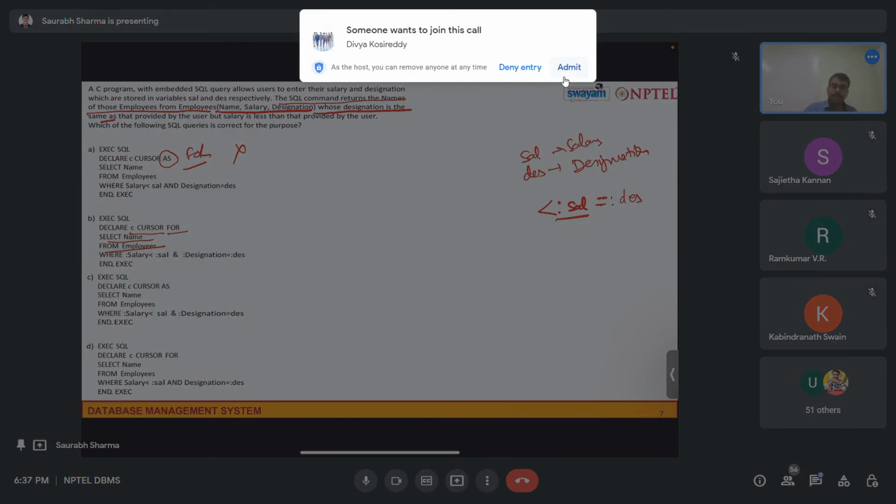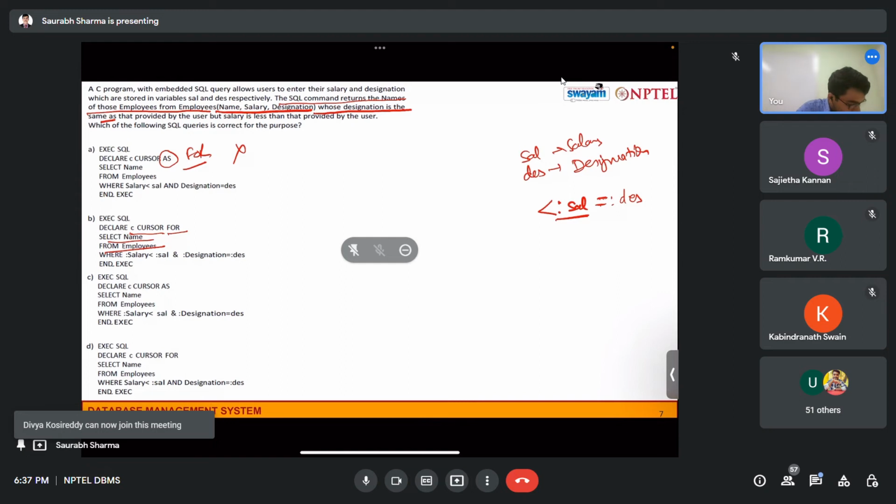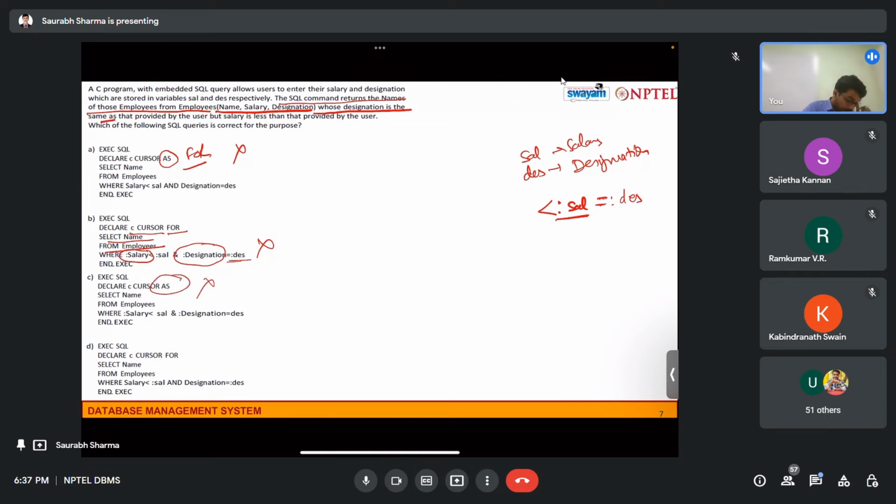Now here what they have written, the condition is correct, but the declaration, how they are using it, the value is retrieved with a dot, not the variable, so it will be incorrect. Next one, there is also AS, so it will be incorrect. And the last one, you can see